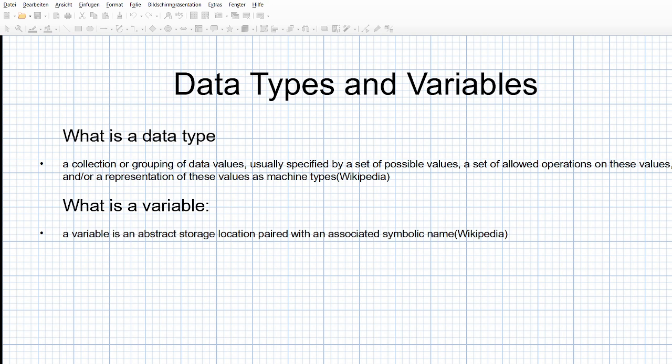The contents of this variable are the data value, also known as the data type. So the data values are going to be stored in that abstract storage location. I hope you see the link between data type and variable. Okay,